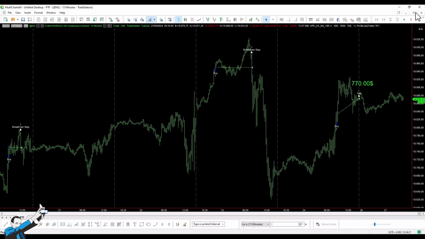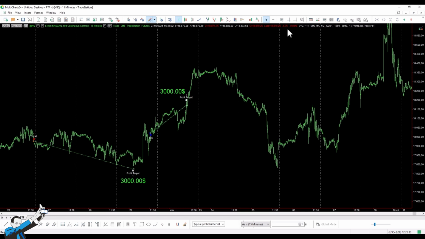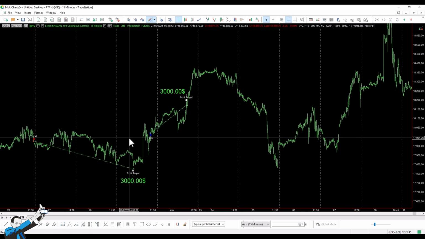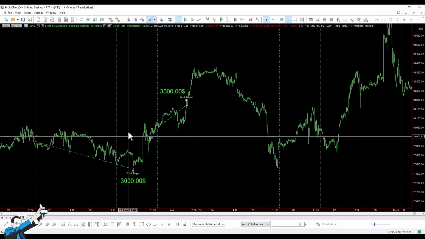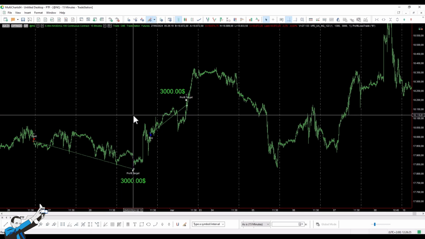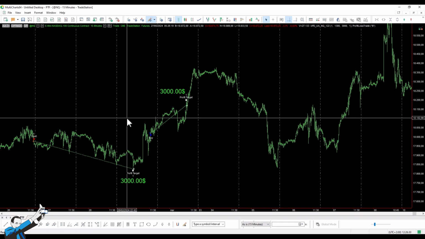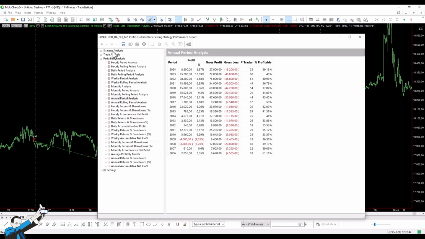This is a multi-day strategy, unlike the previous one. For the entry trigger, we use the high and low of the previous session. We won't enter exactly at those levels, but we'll move the entry by a certain number of ticks. For exits, we have a stop loss of $1,300 and a take-home profit of $3,000, as shown by these two excellent trades. Let's look at the performance of this strategy, starting with the equity line.